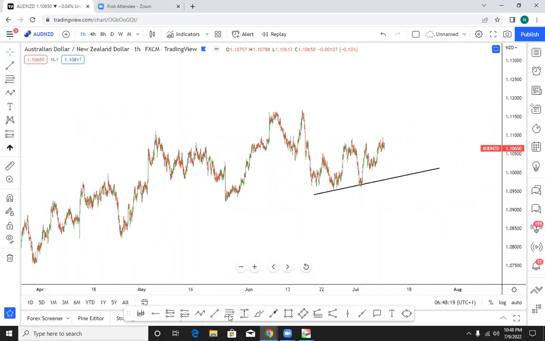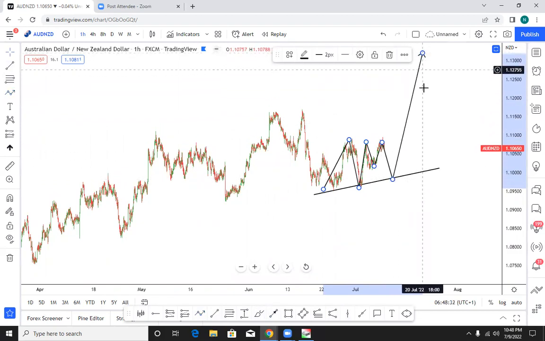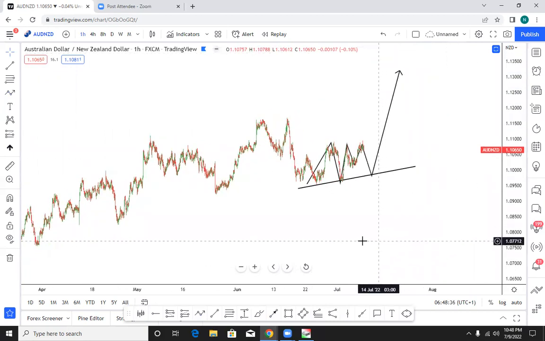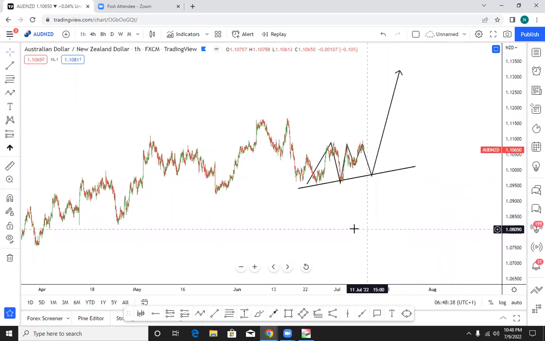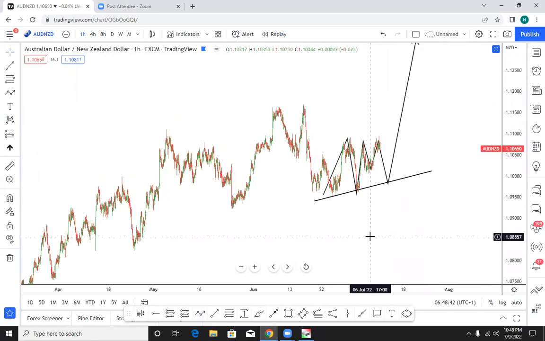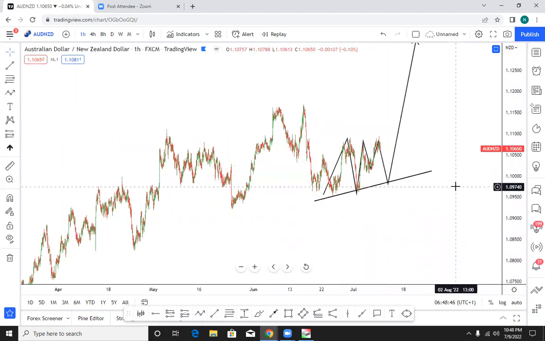So what you'll be expecting right now is that you have a push, you have a correction back to trend line, you have a push, you have a correction back to trend line, you are now looking for a push to move to the heaven. That's how you'll be looking at this market. Nah, it does not work that way. That is not how to trade, guys. Stop trading that way. Do you understand? Stop looking at the market that way.